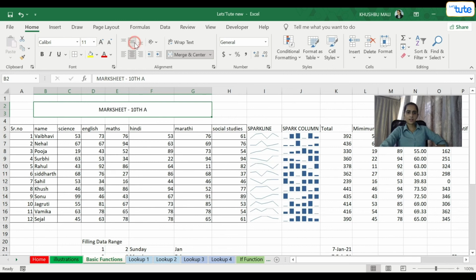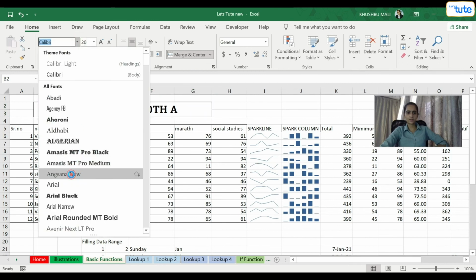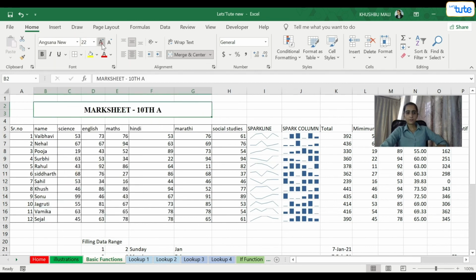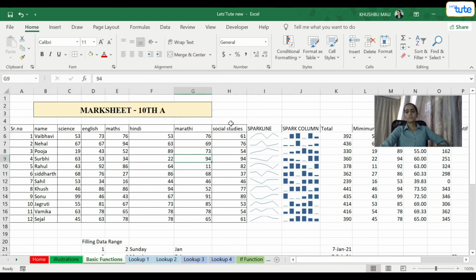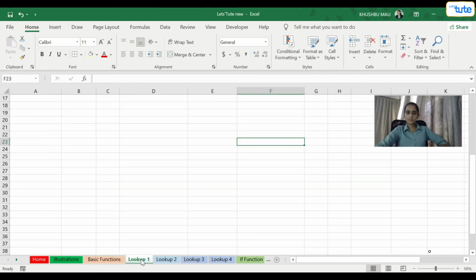I can centralize, I can take a good size, I can bold this, and I can also change the font style. If I want to give good colors, I am allowed to do that also. So merge and center is something like giving a good caption to your tabular data. You can insert this any way you want.